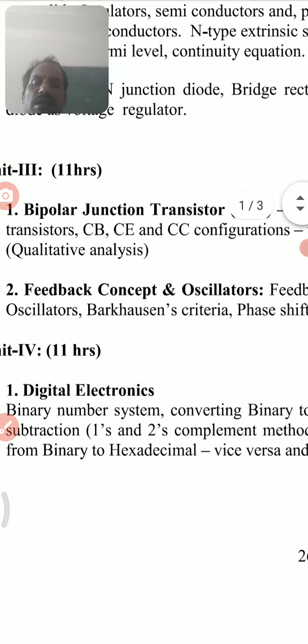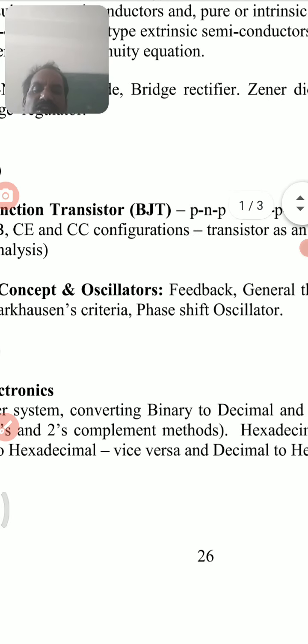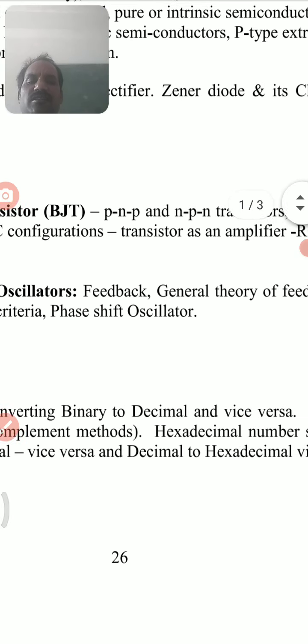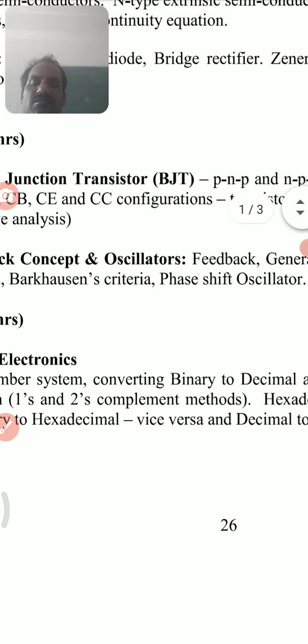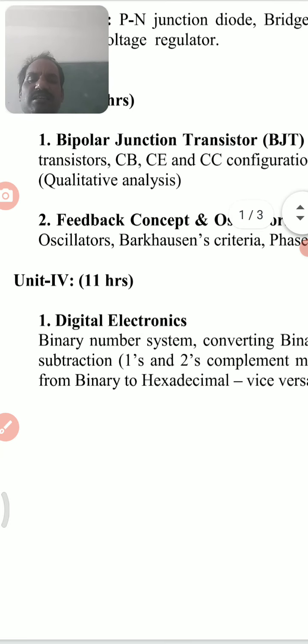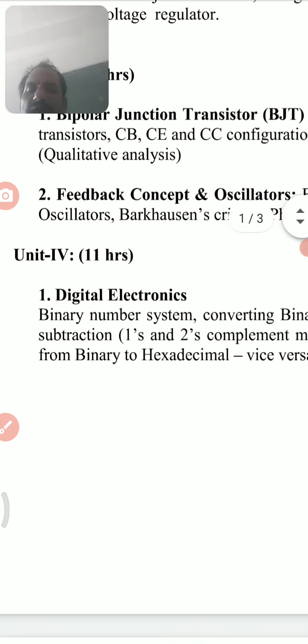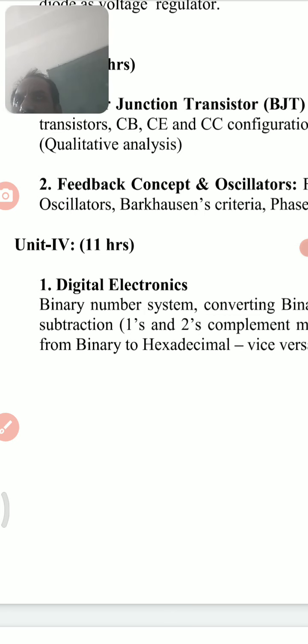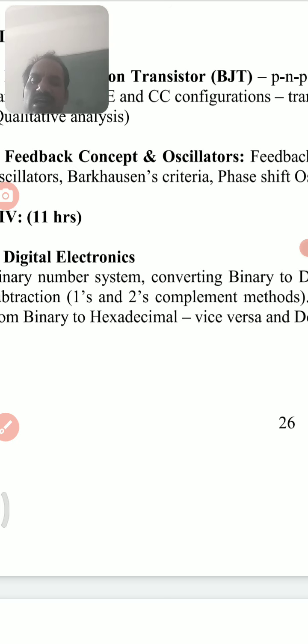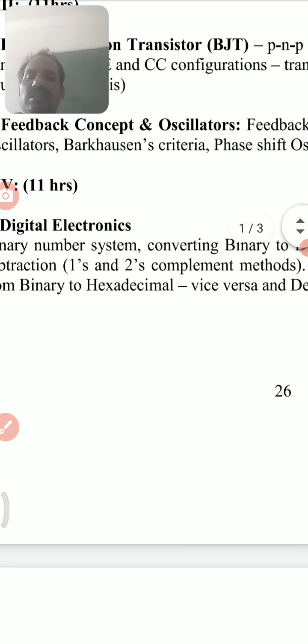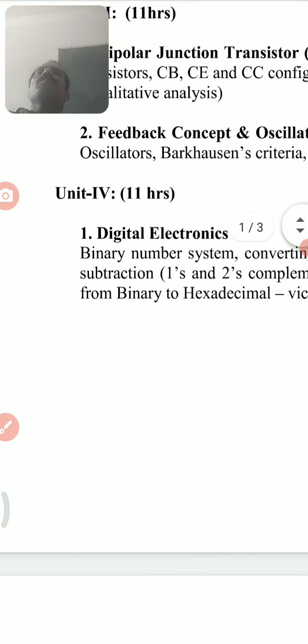And the next one, feedback amplifiers. Phase shift oscillators and the general theory of feedback amplifiers we can learn in this unit. And the last one is digital electronics and logic gates. In digital electronics we learn digital principles, how we can apply them in machine languages like the binary system. Decimal numbers can be converted into the binary system, along with octal number systems. In binary we use only 0 or 1. This is known as binary language code.